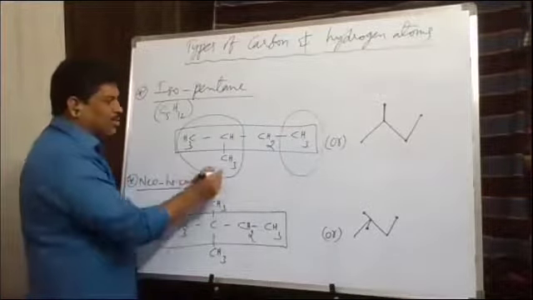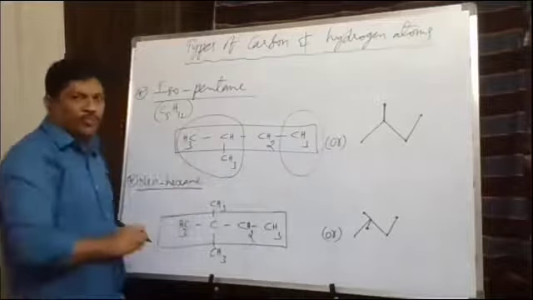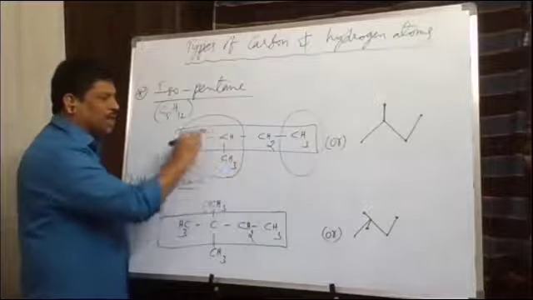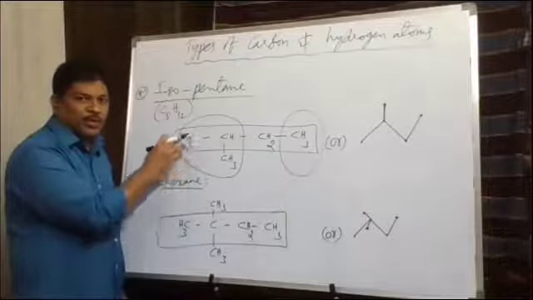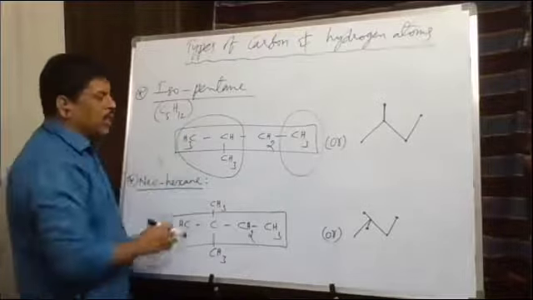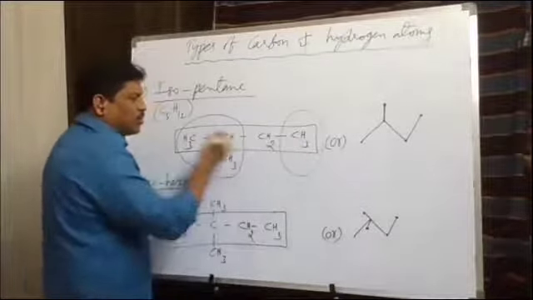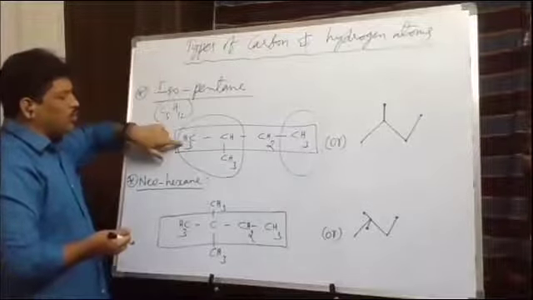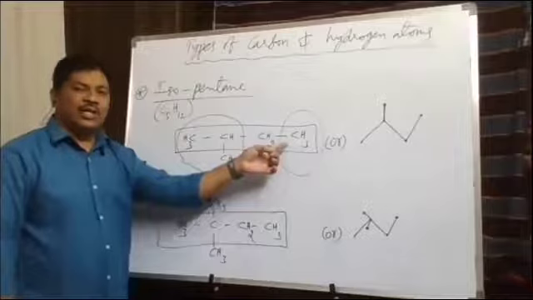In this case, at one end of the molecule, there is an isopropyl group. CH3 bond, CH, CH3 bond is called isopropyl group here. At one end of the structure, there should be an isopropyl group, and at the other end, it is CH3. This type of structure is called what? Iso. So we use iso to have what? Isopropyl group at one end, CH3 group at the other end.